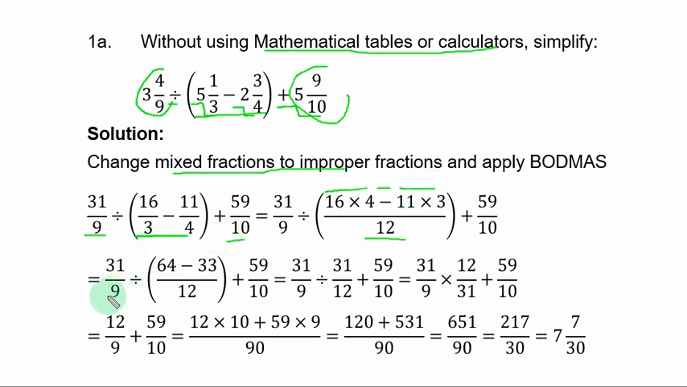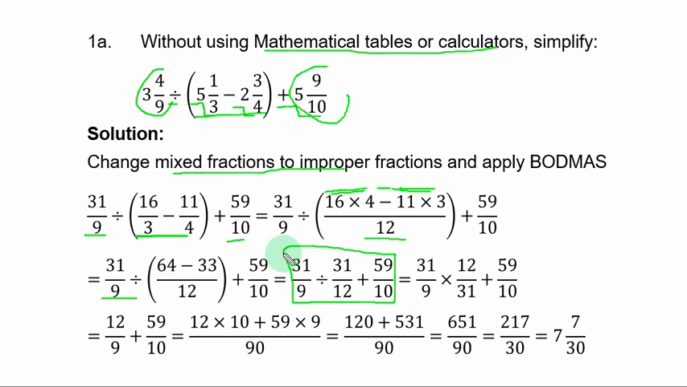You have 31/9 divided by bracket open. If you multiply here, you have 64 minus 33 all over 12. You close the bracket plus 59/10. By the time the bracket is simplified by subtraction, you have 31/12. So the bracket is gone, and you have 31/9 divided by 31/12 plus